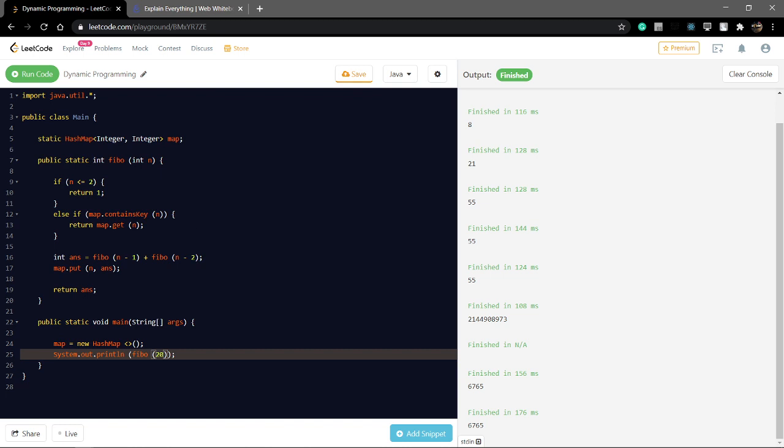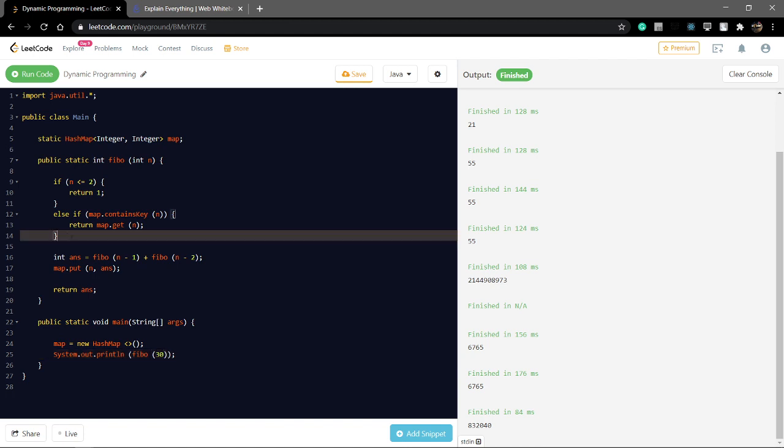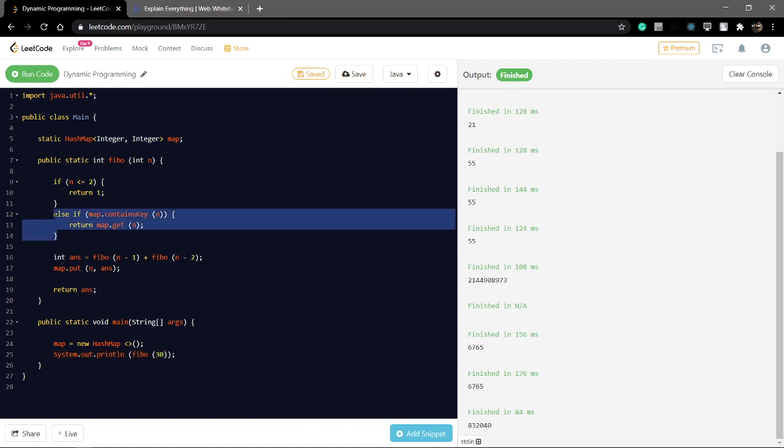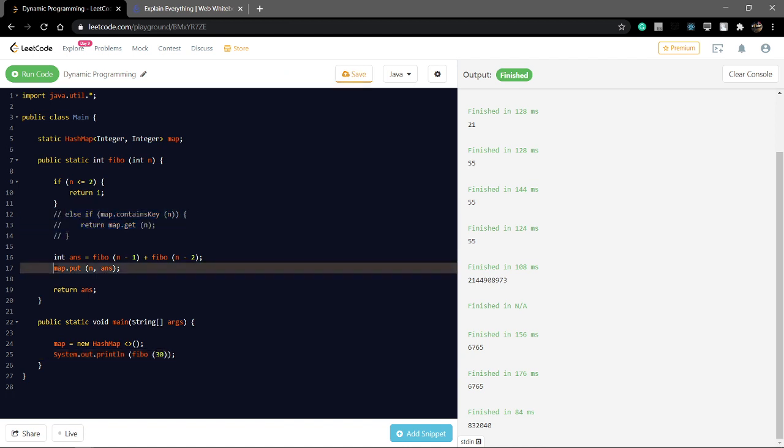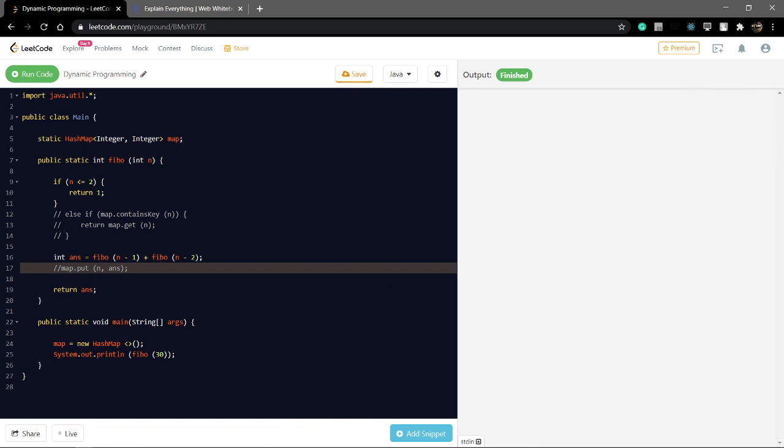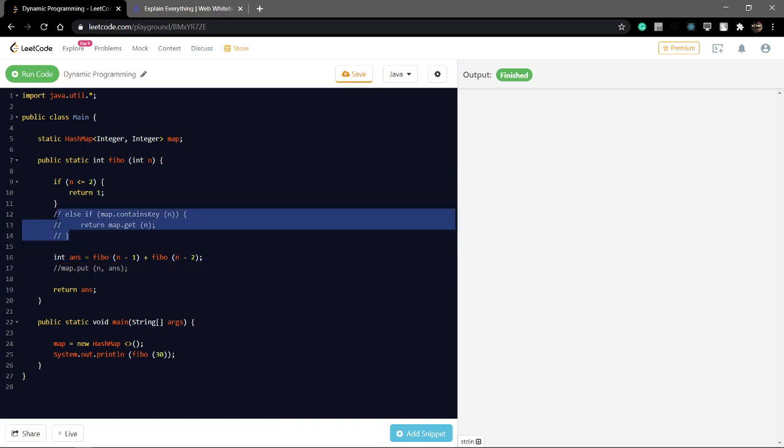It takes the same time, but it shows the behavior for large numbers. For 84, without the map, it takes little time, or maybe a time limit exceeded. Okay.